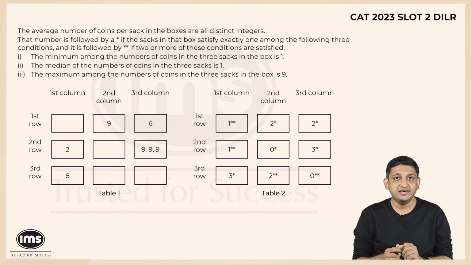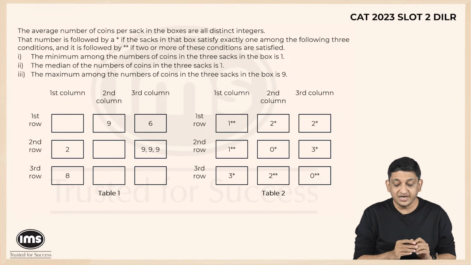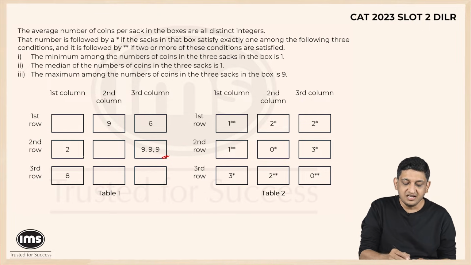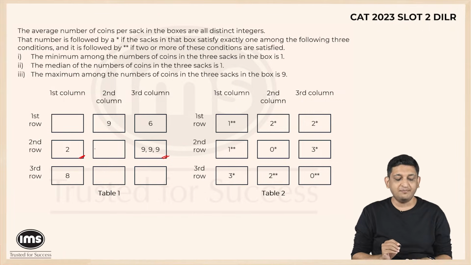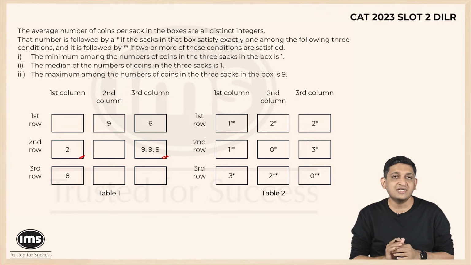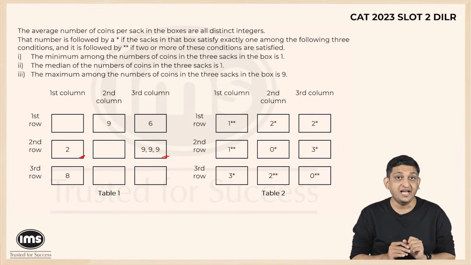Now what next? What is the next part that we can be confident about? Now let's look at some place wherein we have 3 stars. Now because I already accounted for 27 here, let's look at this row and see what happens with this 2. Now you can move in various directions. Of course, there is no dependency as such from one point to the other. But let's look at the second row, first column, the box that we have here.